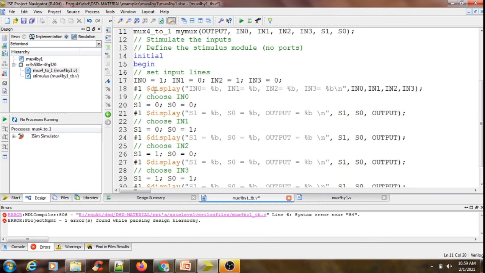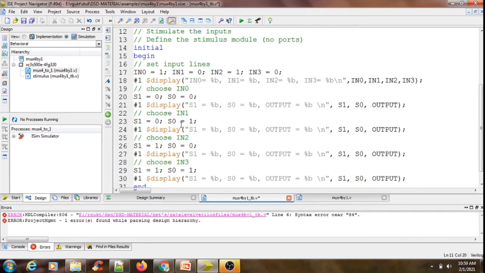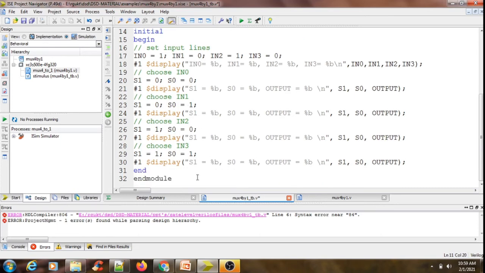So initial begin, and I am driving some signals here. So 1 0 1 0, that means the IN0 port will receive logic 1, the IN1 port will receive logic 0, and IN2 and IN3 will receive 1 and 0. Then $display. Next for the selection lines S1 S0: 00, 01, 10, 11. What will be the corresponding output?